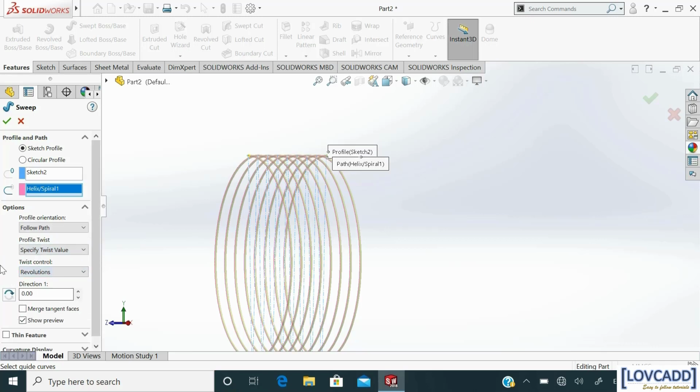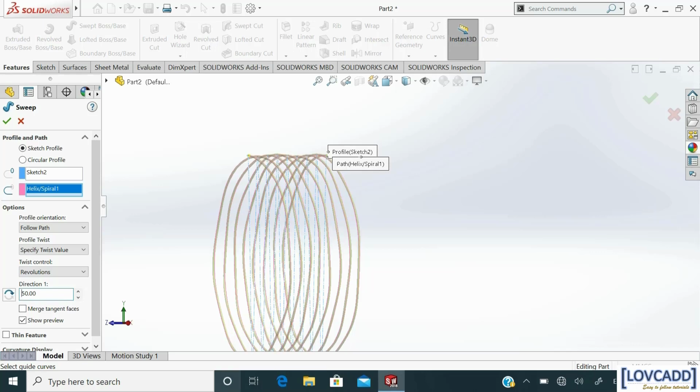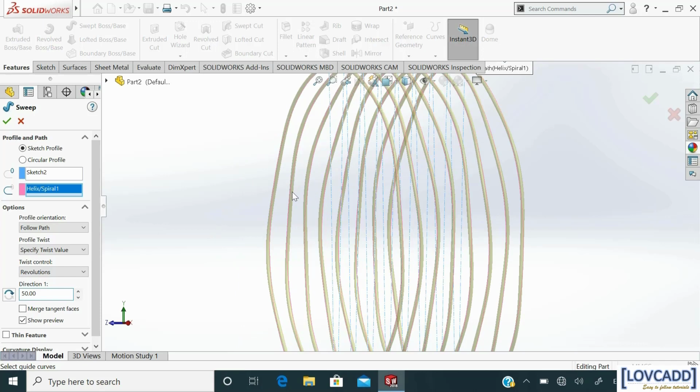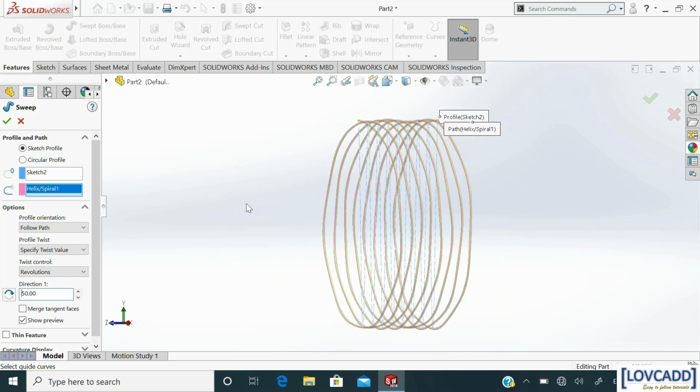And in twist control, select revolution and add the value 50. This will twist the sweep. This will twist the wire on that helix. Click OK.